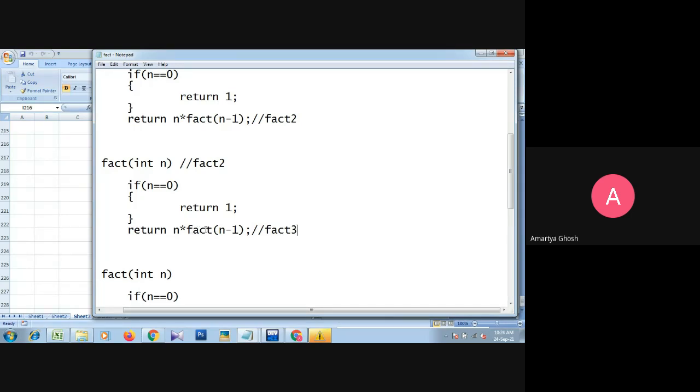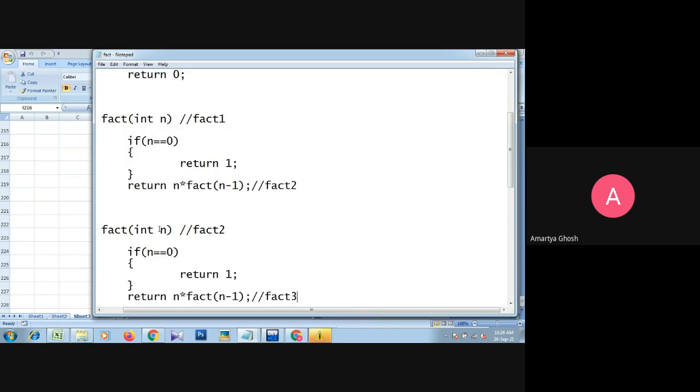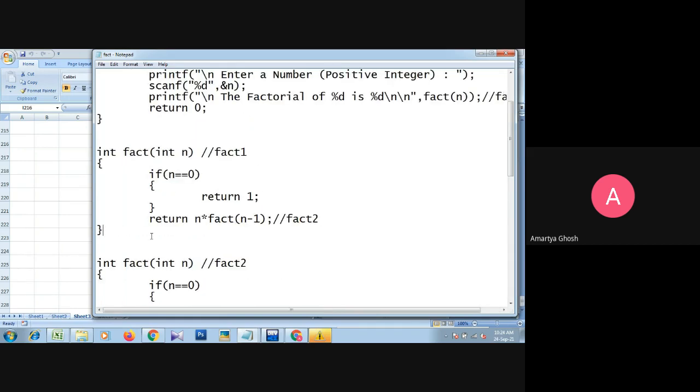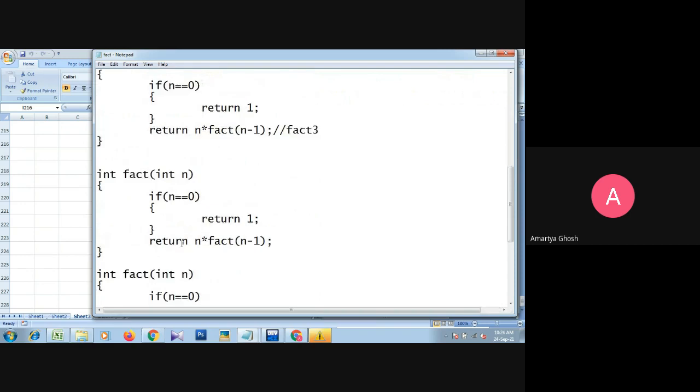Okay, this fact function is actually individual, because each and every time the function is called, that is a different function and should have a different body. But because of the same body, there is a problem here. Because of that, each fact function has a different body. Okay, that should be understood by us, so that is why I just copy. Each function has a body.